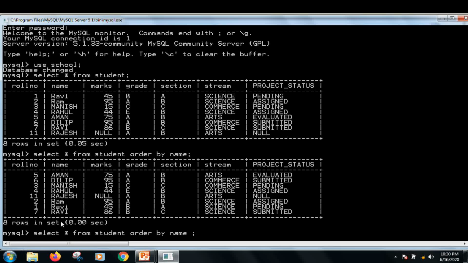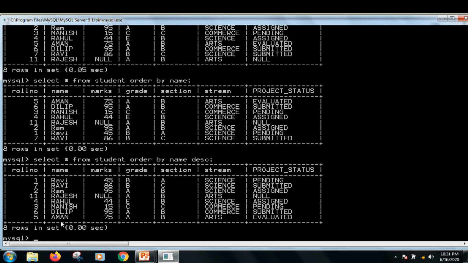You can use descending order also. For ascending you need not write ASC, that is optional. If you write ASC also, you will still get ascending order.